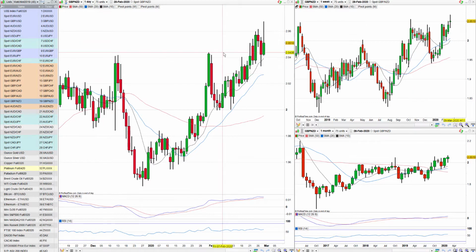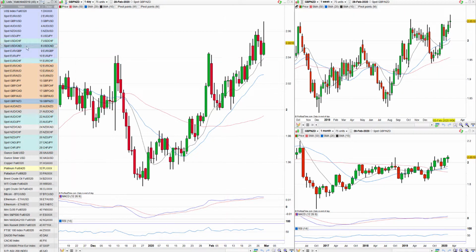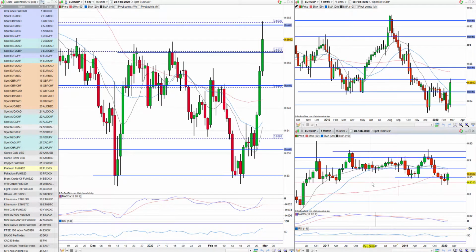So the point here being that the euro had a really good week last week. The US dollar didn't as such. And sterling not following through on its bullishness. And then have a look at, say, Euro GBP. Where it gets interesting, of course, is that monthly level support and that very bullish candle, so far indicating that it is still within the range. Okay, so it's still going to be stuck within this larger monthly range, and potentially wanting to attempt